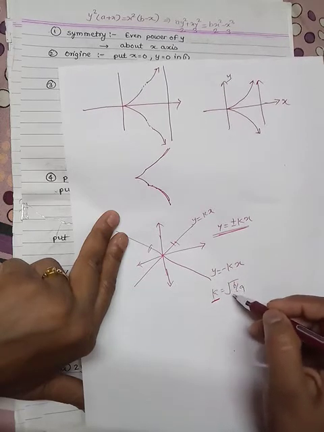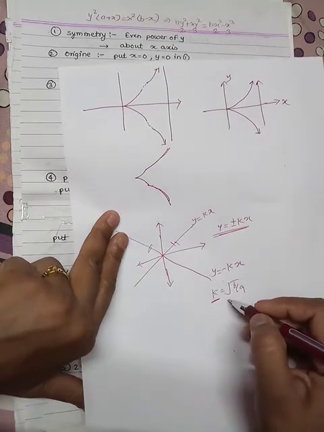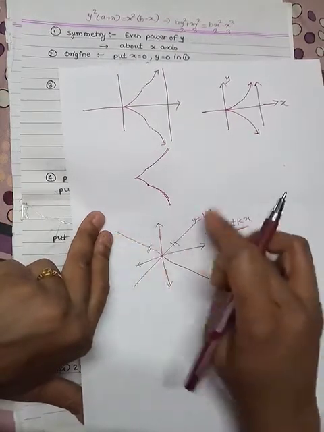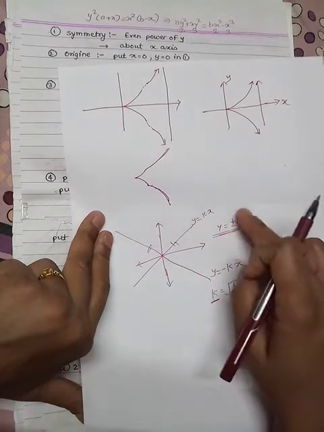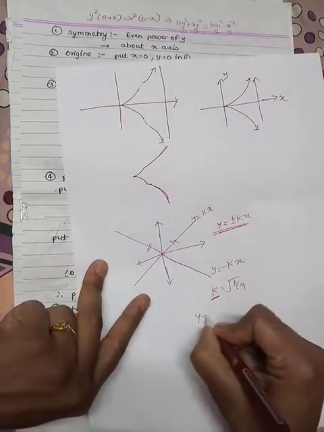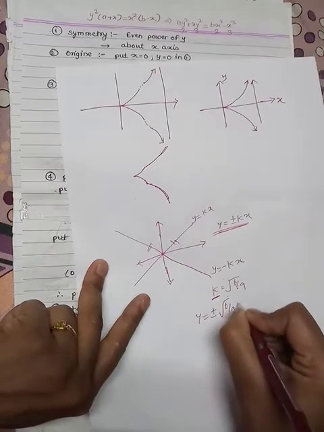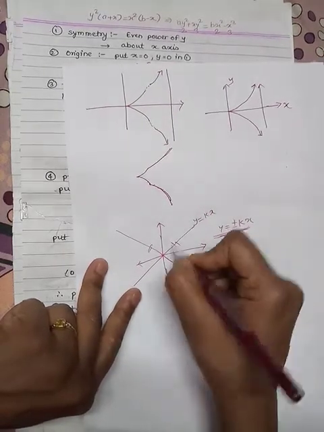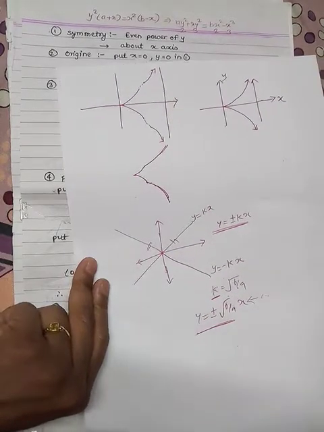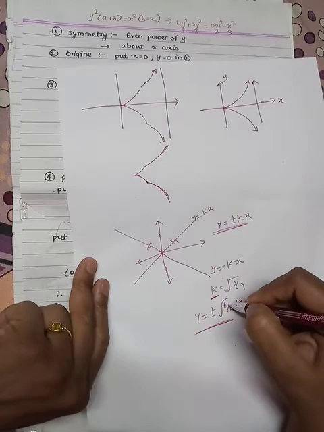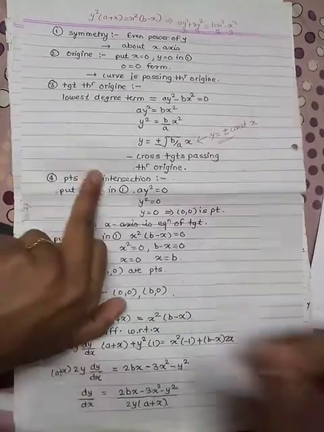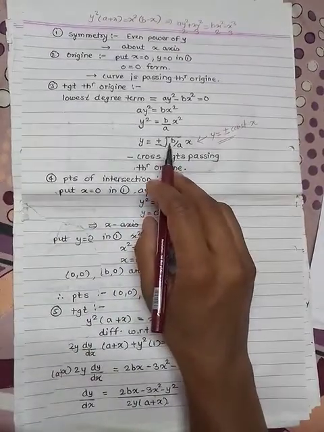So any constant we may have in the given example, but the nature of the straight line is same. So y equal to plus minus kx, this is your general equation. So we have y equal to plus minus root b by a x. So this is the same nature of this cross tangent. So this is again a cross tangent equation because this equation is same as this. So hence these are the cross tangents passing through origin.